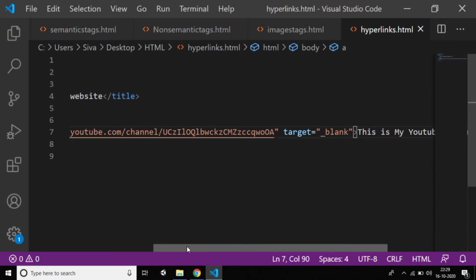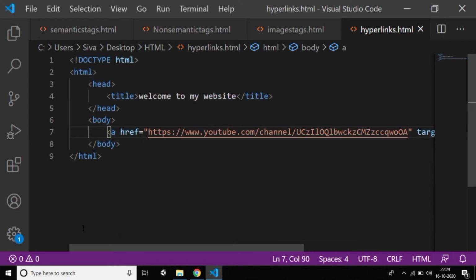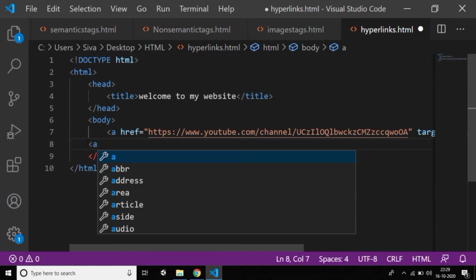So this is all about the hyperlink tag, and there are many more things. You can give an image also. If you click that image, some link will open automatically. If you want to give one image and open a link from it, you can do that also. We'll try how that works. I'll give another tag, the image tag, inside the a tag.